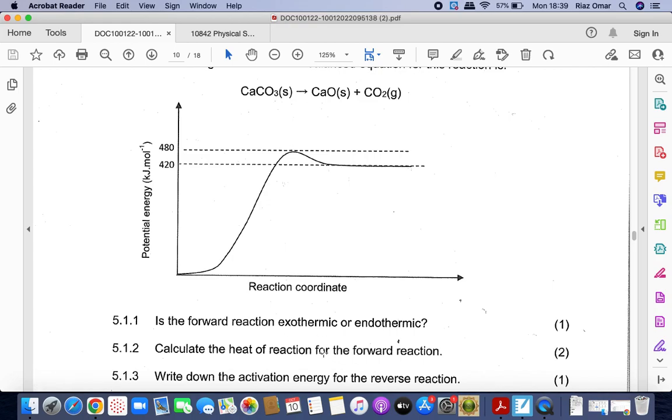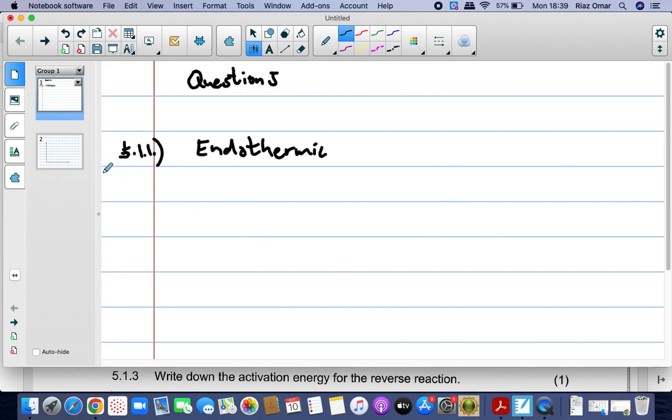Calculate the heat of the reaction for the forward reaction. If you look at it, delta H basically will be 420 because it was 0 and it becomes 420. But it's 2 marks, maybe you can say 420, but if we have to calculate it, we can say for 5.1.2